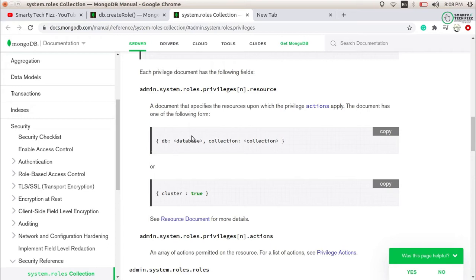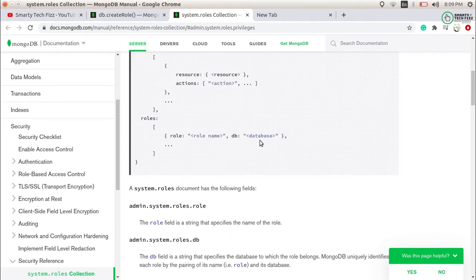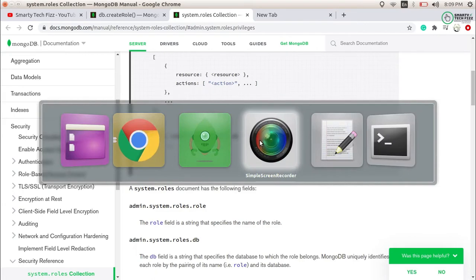I want to give access to a particular database, and in that database access on a particular collection, and on that collection the commands it should be able to perform. All these privileges we will provide here. So these are the two things we are going to do.